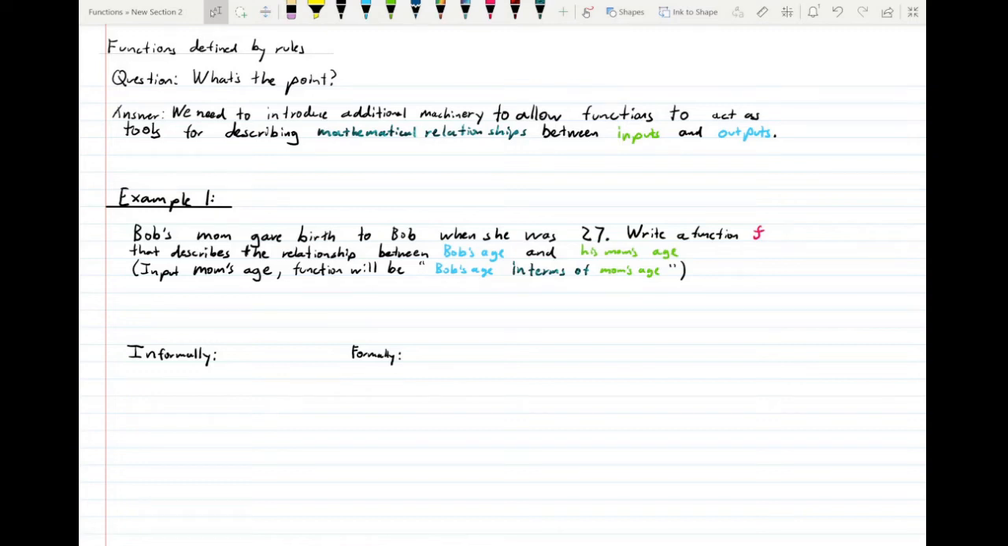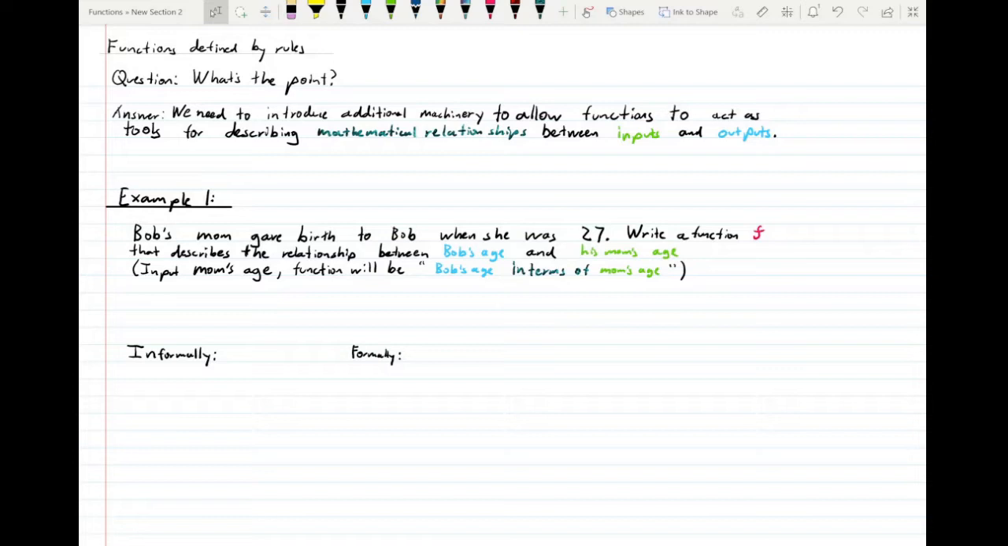Hey everyone, today we'll be talking about functions whose mappings are defined by rules. Now, if you watched my last video, you might have found yourself asking, what's the point, right? What is this function thing, these mappings that I'm drawing, what do they actually help us do? And you'd be right to ask, because without additional machinery, the function as I described it in my last video